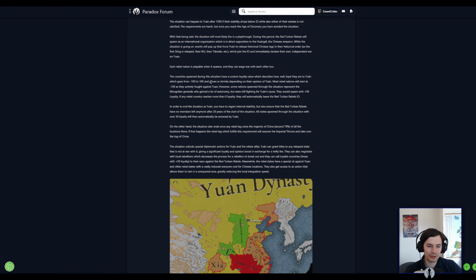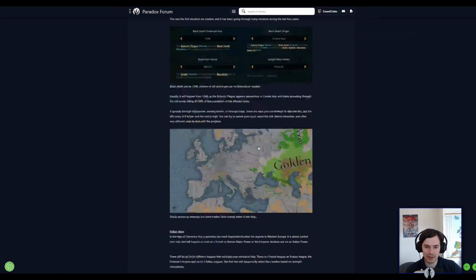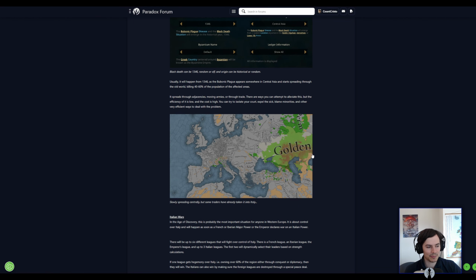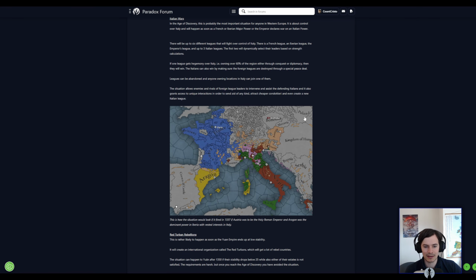The one thing I want to highlight here is that they have now custom loyalty values to Yuan during this situation. So the situations are really dynamic. I mean, let's count the ways, right? Here, there's something that's happening to provinces, and they have an impact on the population of those provinces, as well as giving countries actions they can take. Here, it's a kind of diplomatic incident happening between nations fighting for control of a region. They're affecting